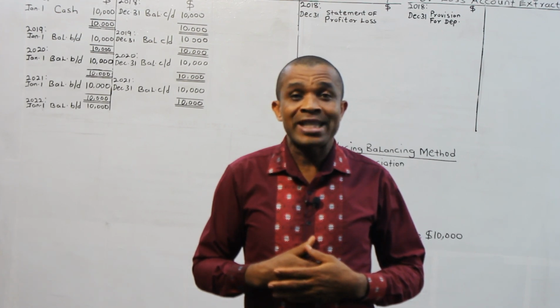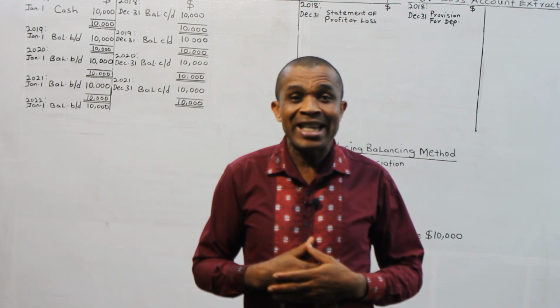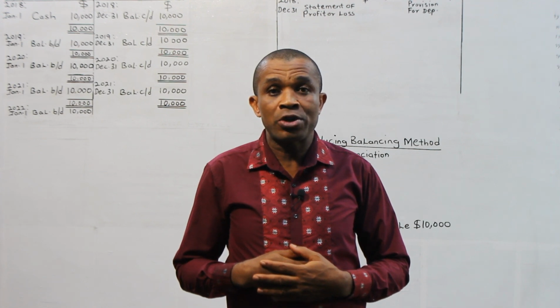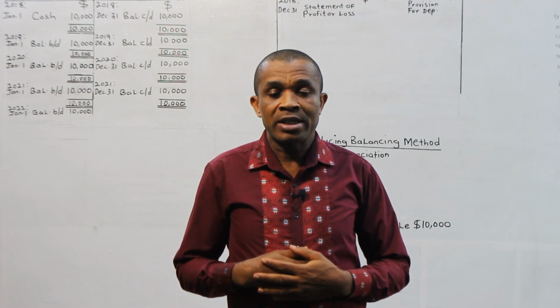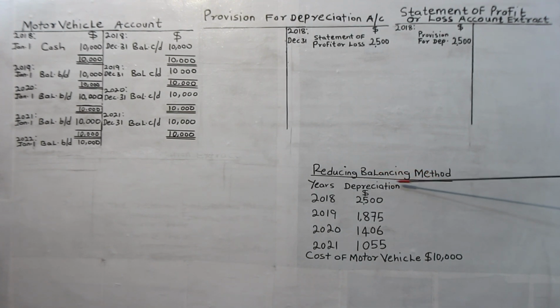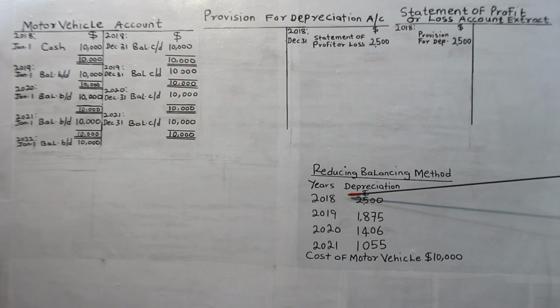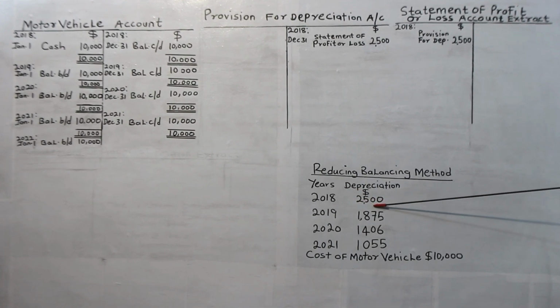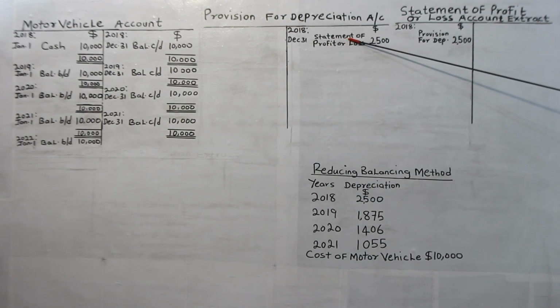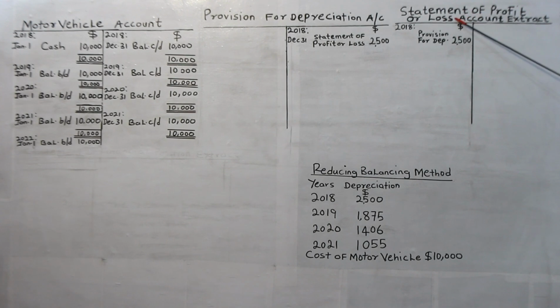Once depreciation is calculated at the end of the accounting period, the amount gotten as depreciation for the period is credited to the provision for depreciation account and debited to the statement of profit or loss account extract. The depreciation under reducing balance method for year 1, 2018 is $2,500. This amount will be credited to the provision for depreciation account and debited to the statement of profit or loss